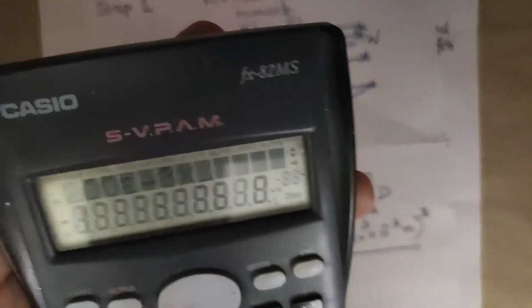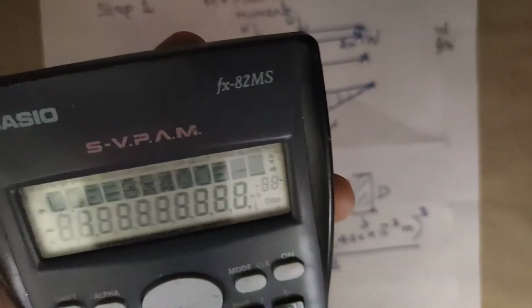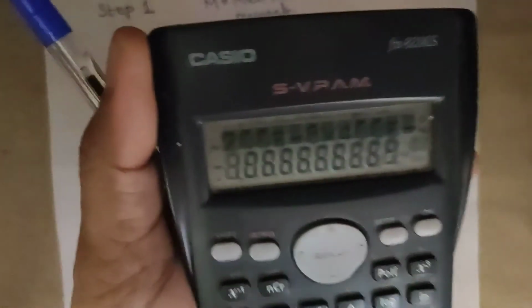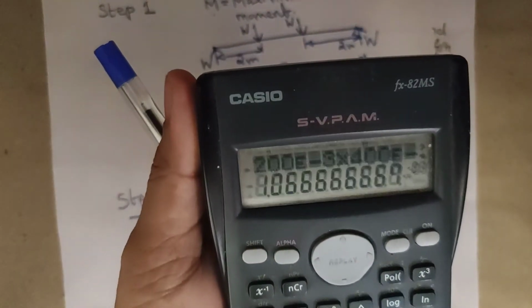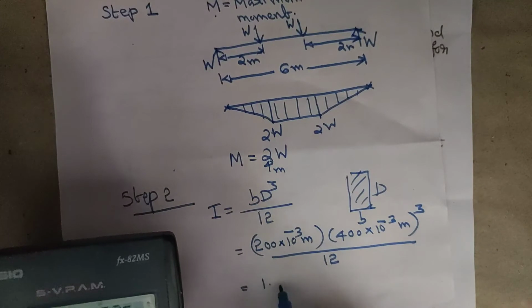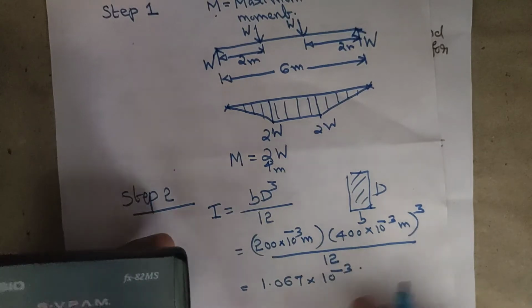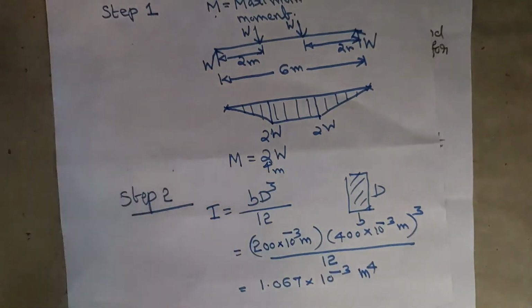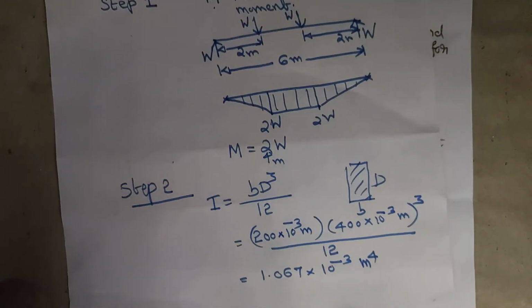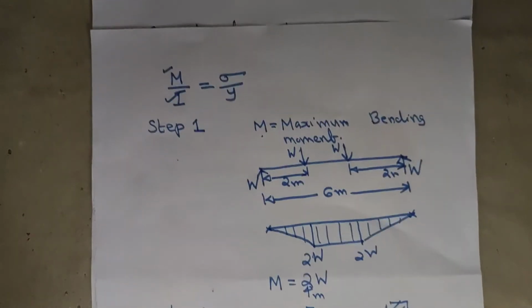200 into 400 cube divided by 12, and the value is 1.067 into 10 to the power of minus 3 meter to the power of 4. So this is the value, and now in the next step we will find out what is sigma,